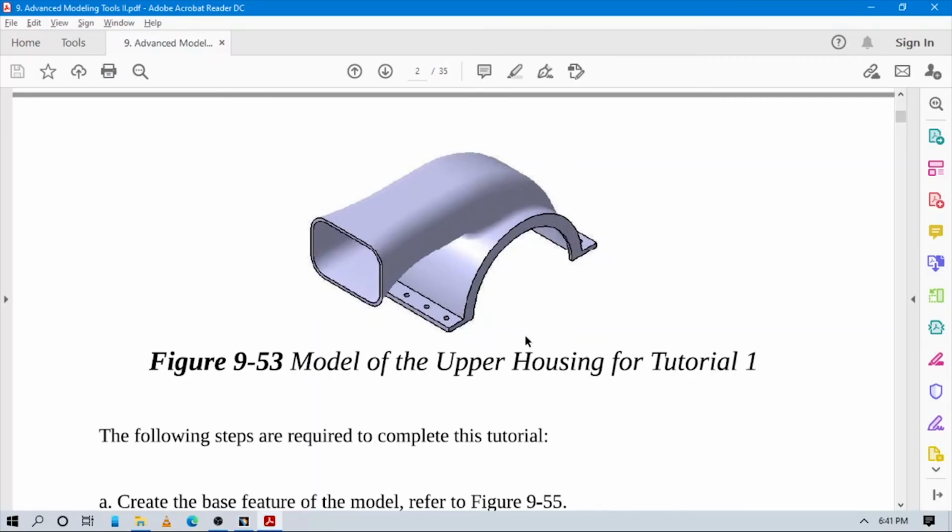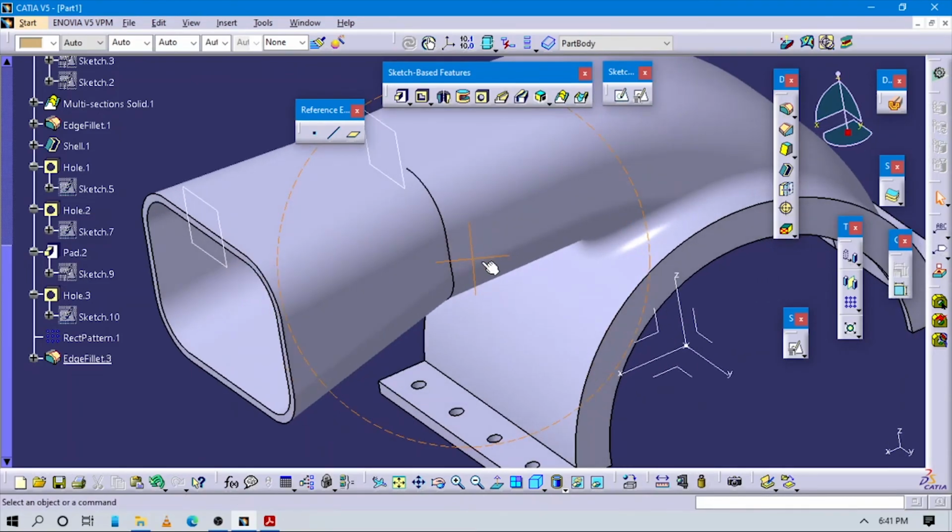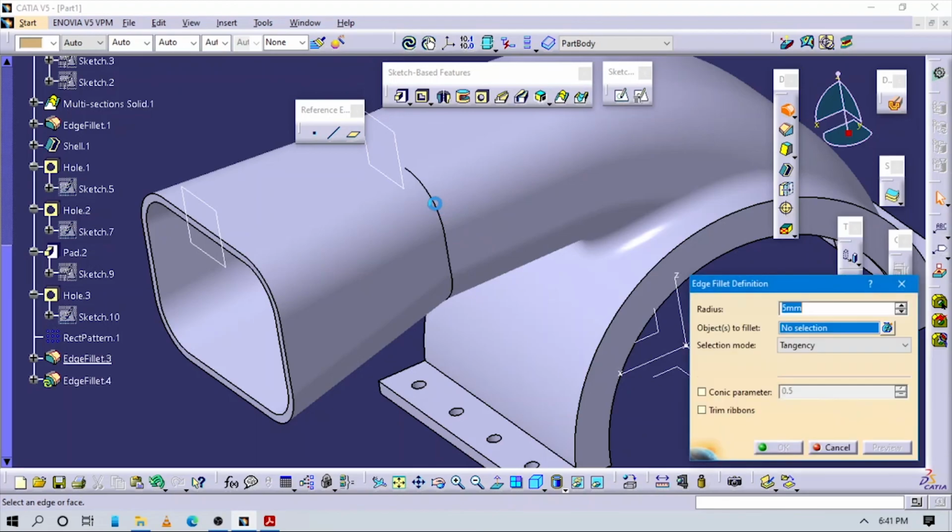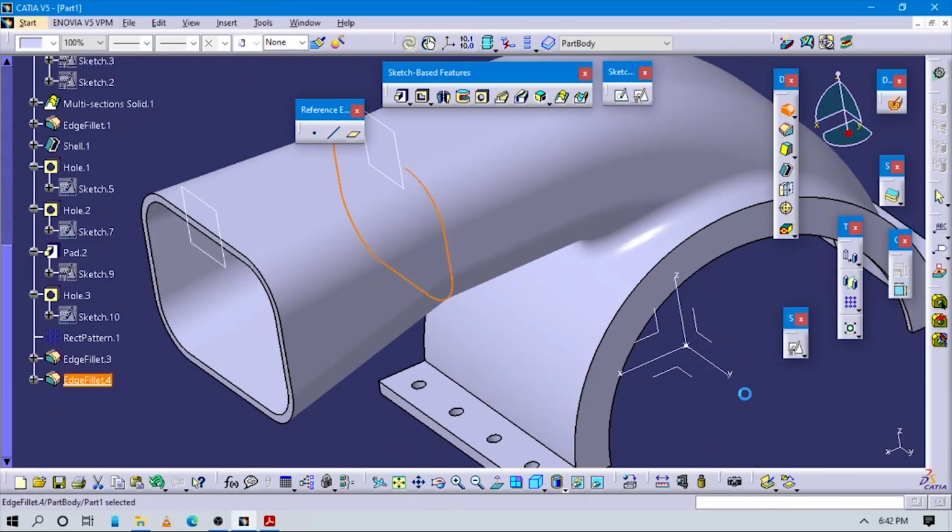Just here some sharp edges have come. So go to the edge fillet and select this edge and do some 0.5 or 1 mm fillet. You can see this edge is